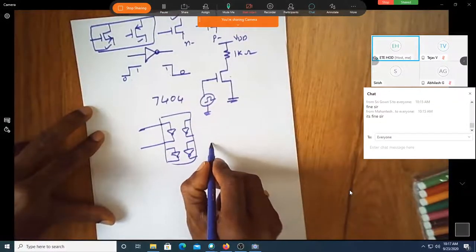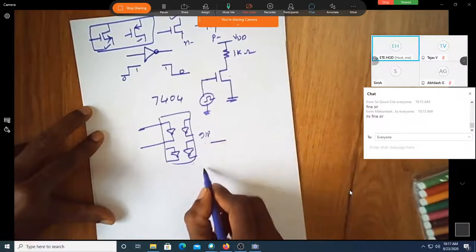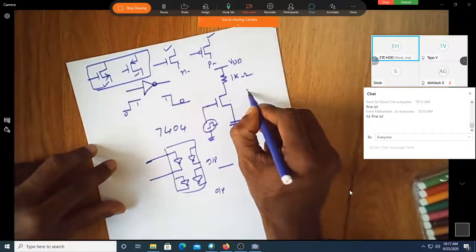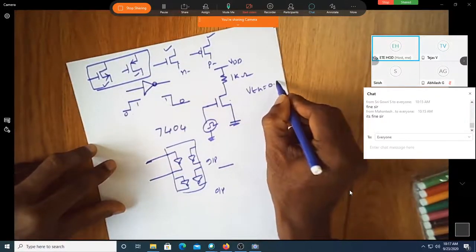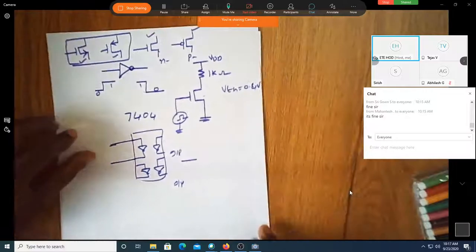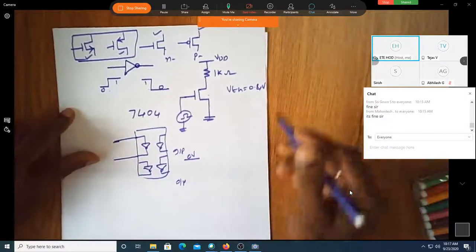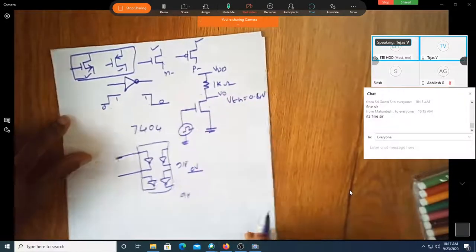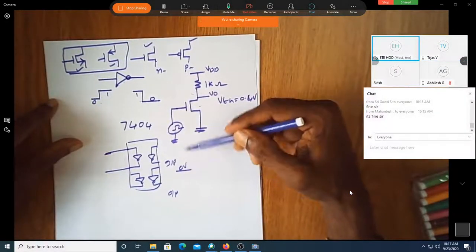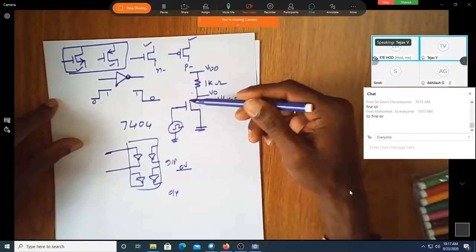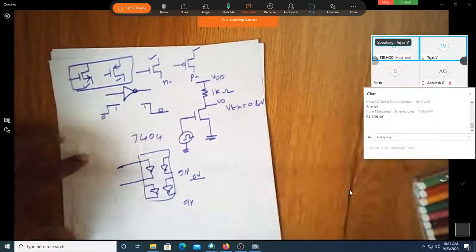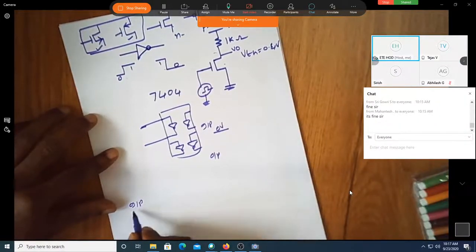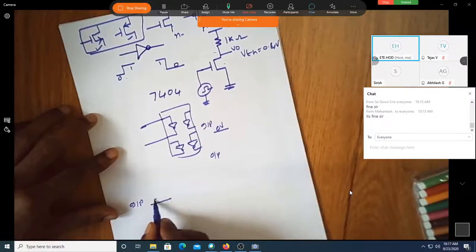Suppose if you apply 0 volt, suppose if I say this is the input and you are looking at what is the output. So what will be the output? Okay, assume that this has got a VTH of 0.4 volts. Correct? If the input voltage is 0 volt, what is the output? Okay, wait. This is output. What is the output now? When the input is 0, let me just write the input is 0 volt.